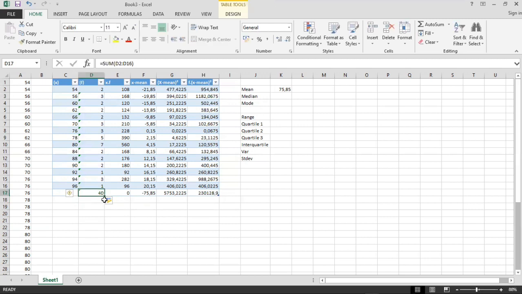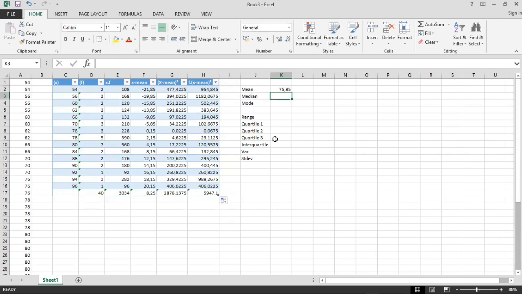After that, we don't have to do it one by one. You see this green box on the corner at the bottom. Drag it until the black cross appears, all over there, and then it's going to be updated automatically. Okay, now